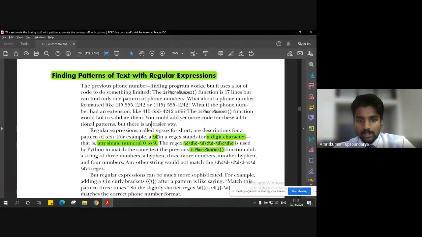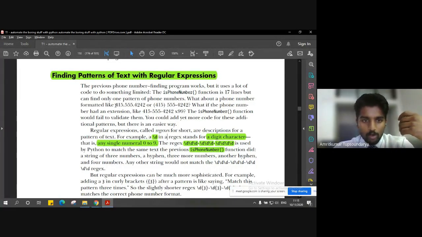So let's understand how these regular expressions and this format, let's say slash d, will be helpful for us to include in the program and also detect those patterns. First, let's take the same example, the phone number. You can recall that in the previous module we discussed the escape character slash d. Now slash d can only detect one single number, a digit character, any single numeral from 0 to 9.